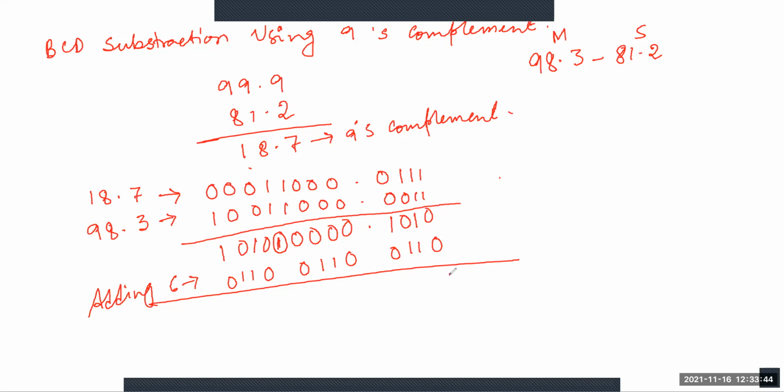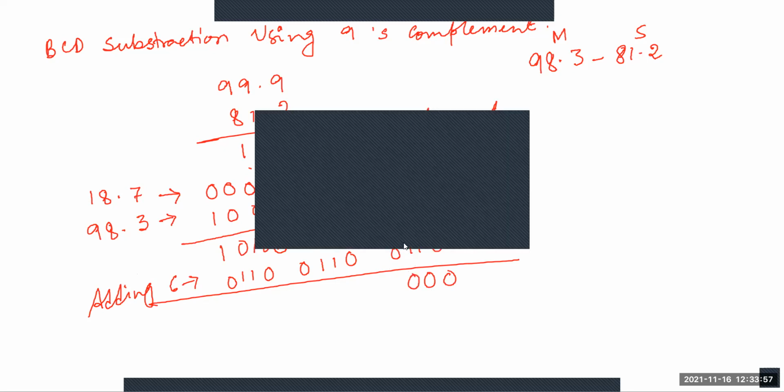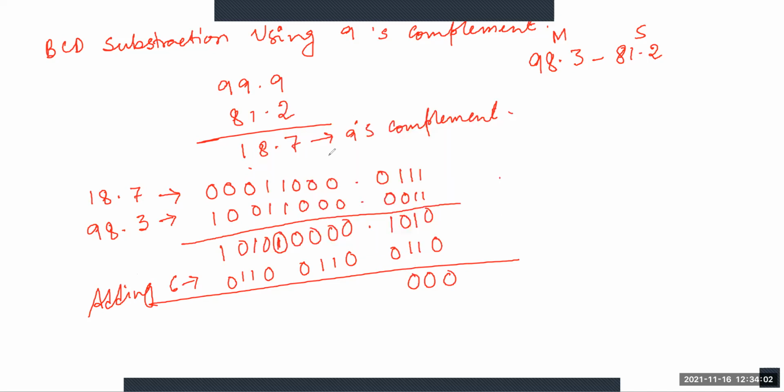So here this is 0, this is 1 plus 1 means 0, carry 1. So this is 0 plus 1, 1 plus carry 1, so this is 0, we have carry 1. Then 1 plus carry 1 means 0. Again we are getting 1 carry, which is added in the next bit.